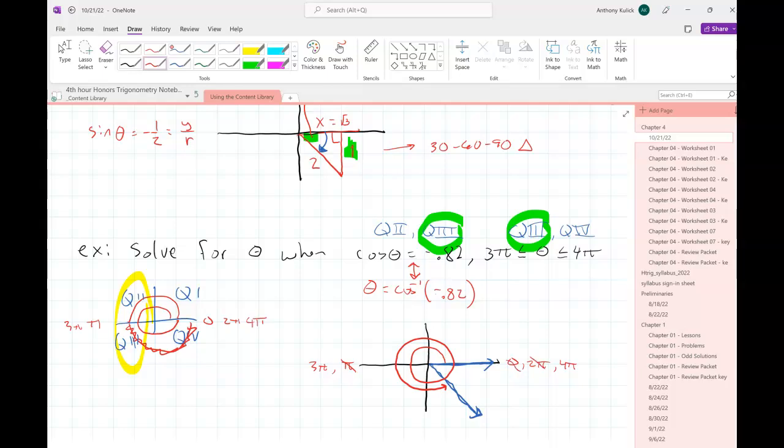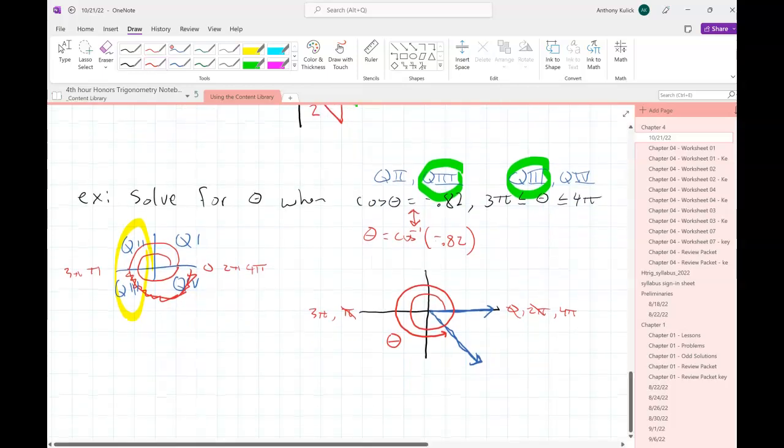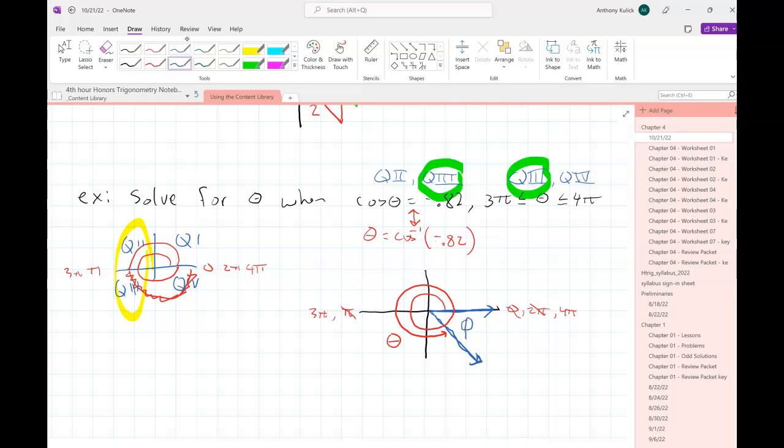Actually, let's just... Everybody's cool with that? With the picture I've drawn here? So that angle that I've drawn, that rotation mark in red, is my angle theta. That's what I need. So what I'm going to find with my calculator is that angle I'm going to call, well, let's just use,